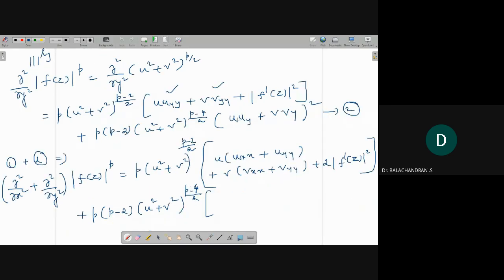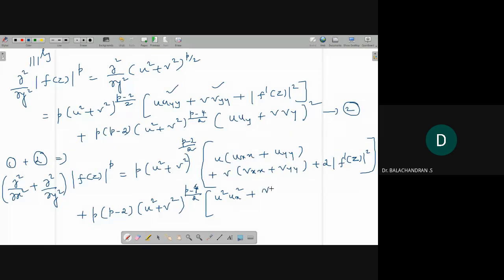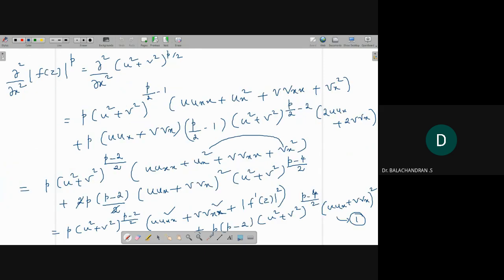So totally here you have 3 terms. So you have u square, ux square, okay, plus v square plus vx square. V square into vx square plus 2uv into ux into vx